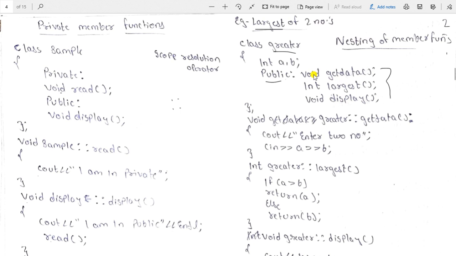The get data return type is void, the largest function return type is int, and the display function return type is void. It completes the class through close braces and semicolon. If you see close braces and a semicolon, make sure that it ends the class.